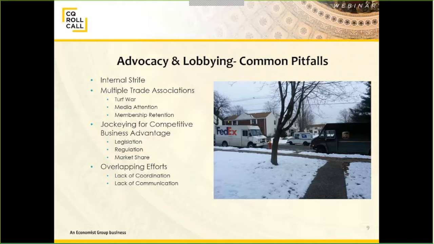So you might be working in tandem on some trade association issues, but at the same time you're lobbying and advocating for stuff that could adversely affect a competitive company that you're also a joint member of. So media attention, membership retention, the turf war, those all exist in the trade association world in a lot of cases. Then, of course, overlapping efforts, lack of coordination and lack of communication tend to be another common pitfall that